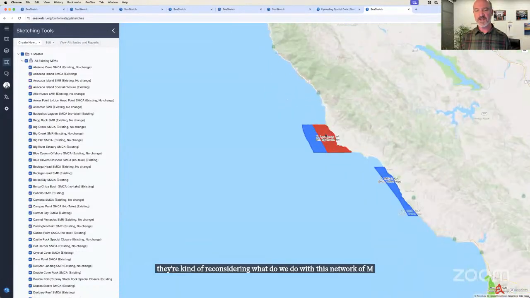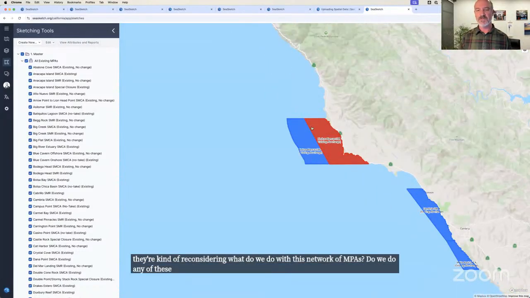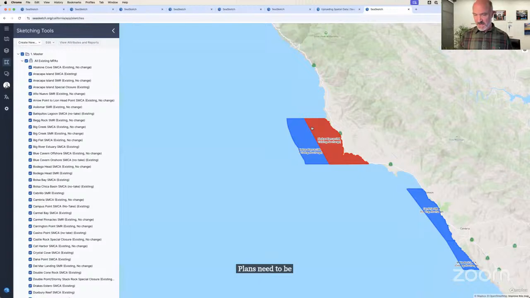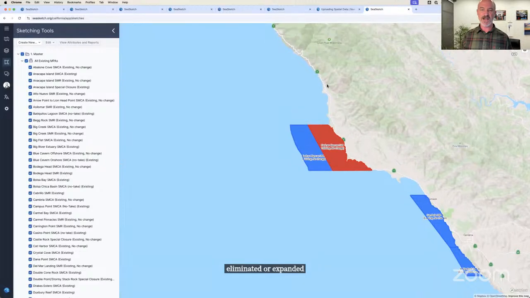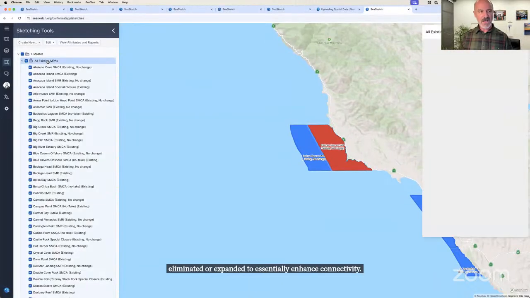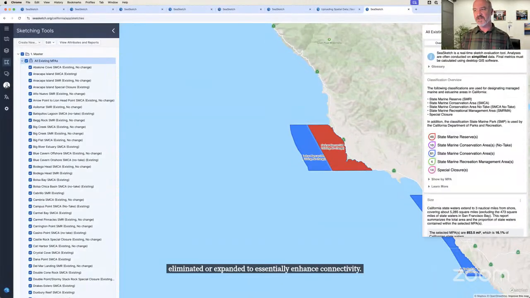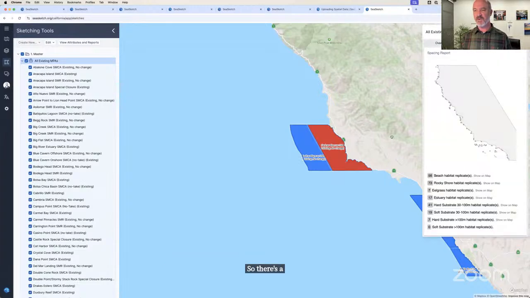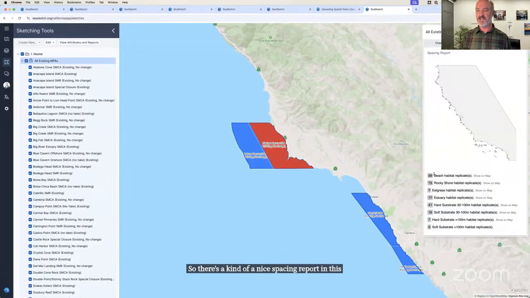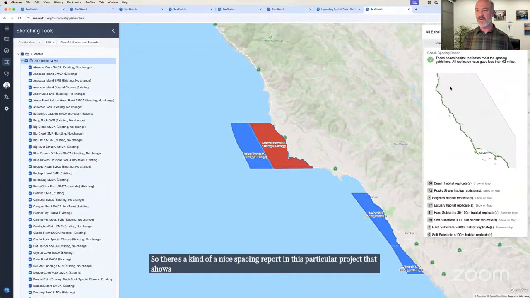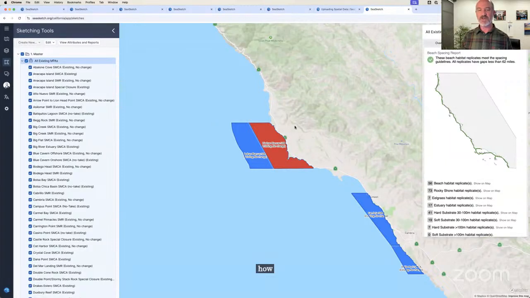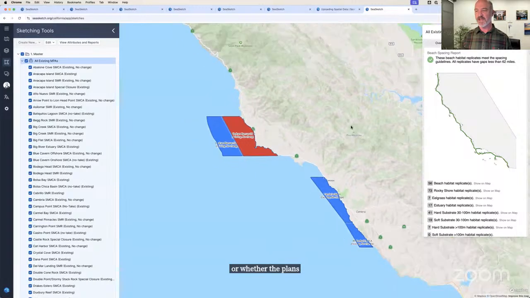Do any of these plans need to be eliminated or expanded, to essentially enhance connectivity? There's a nice spacing report in this particular project that shows how or whether the plans in this network of MPAs are connected